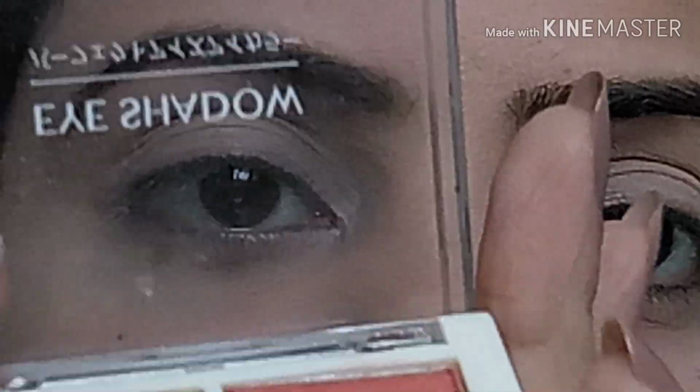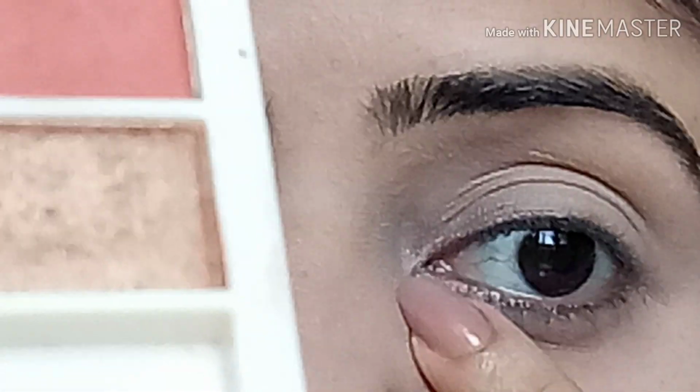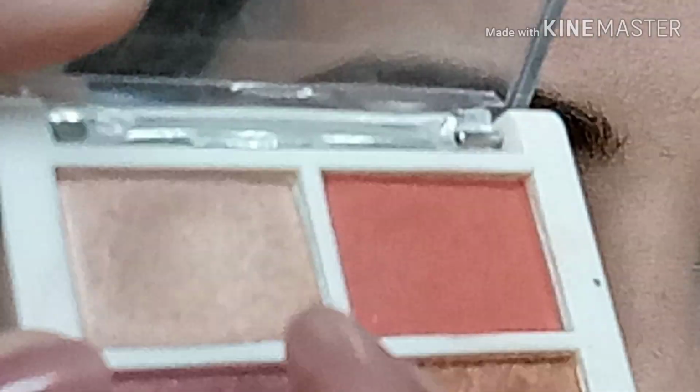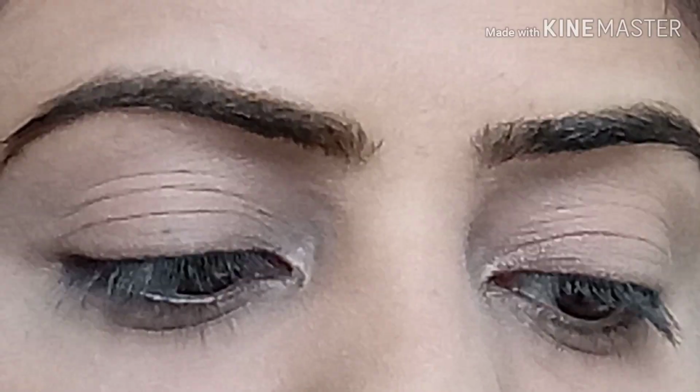First I will highlight my outer eyebrow, my outer eye and the inner corner of my eye with the lightest shade available in the palette, which is this one. I will take actually the smallest brush or my finger, anything will do,